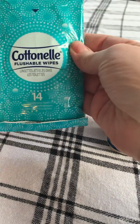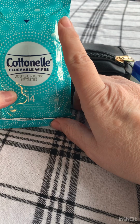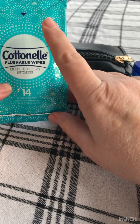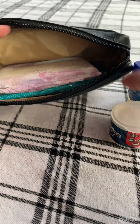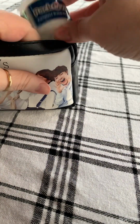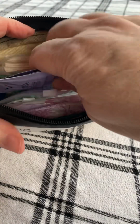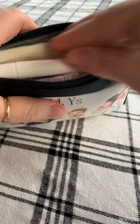And then the last thing I have in here are flushable wipes. Though I'm starting to get a little away from these. These still are nice to have. Again, if you run out of toilet paper or things are just a little bit more messier than what you need and you need to clean up, that is that. So let me just stick all this back in here real quick. So traveling, you never know when your body's just going to say, hey, we didn't like what you just ate, or, oh my gosh, what are you doing? Now, the only other thing I have in this, ooh, goodness me, this back pocket